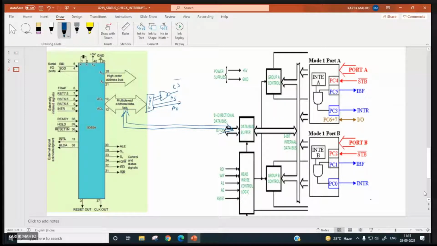Now, suppose at port A, a person is inputting data by pressing a key.